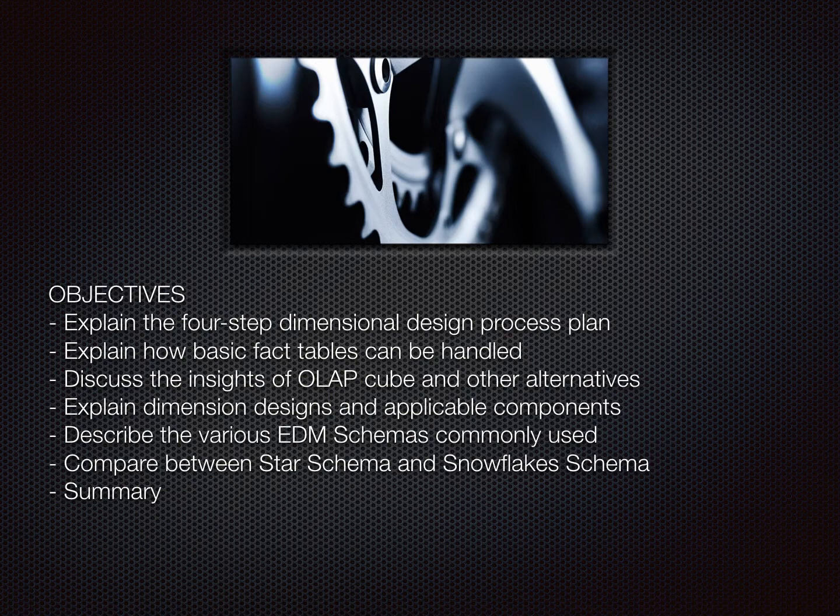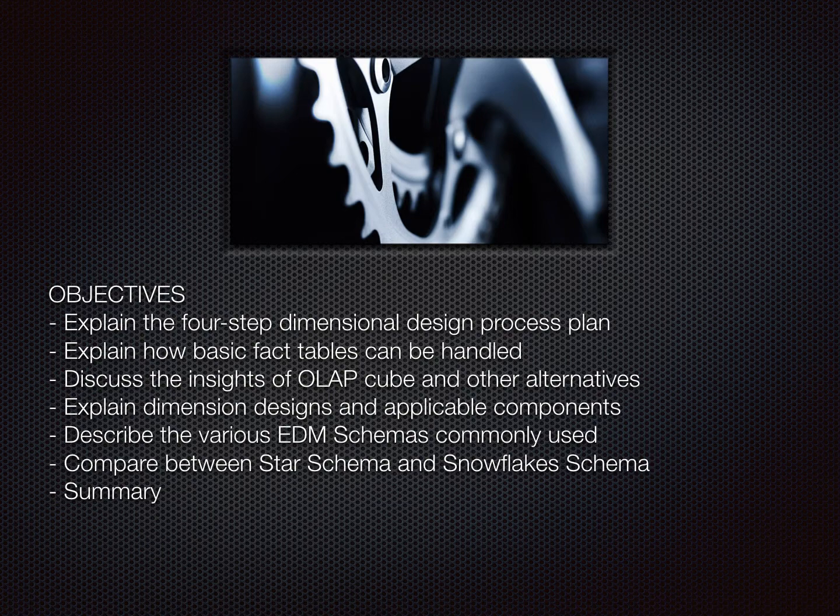So to start with, in order to effectively design a dimensional process plan, we need to pay attention to the key 4 steps of a dimensional design process. The very first step is to select the business process. Actually, a business process is a low-level activity performed by an organization, such as taking invoices, receiving payments, handling service calls. There are some key characteristics that must be considered while selecting a business process, and some of these characteristics